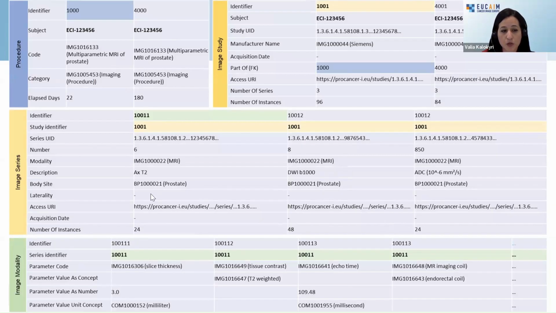As an example, you can see here we have this image modality construct that supports the storage of modality-specific acquisition parameters. For example, the slice thickness is standardized, tissue contrast, that is a T2 weighted. This is actually really important. It's extracted from the series description. For those of you that know, it's free text. So we are able, through the ETL, to extract and standardize these things.